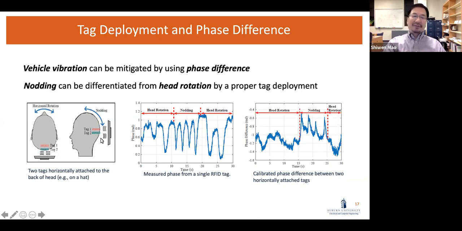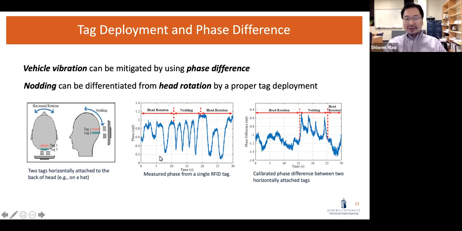If you check the phase difference, it will be different. That is shown in these two figures. In these two intervals, the driver is rotating his head, checking traffic. In the middle, from about 10 seconds to 20 seconds, the driver is nodding